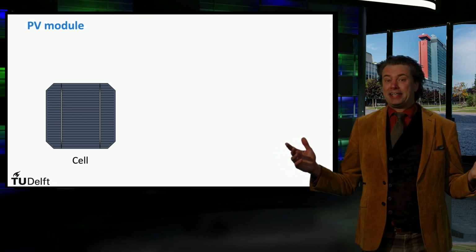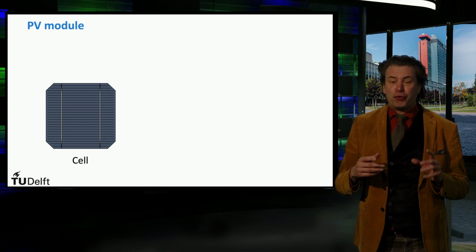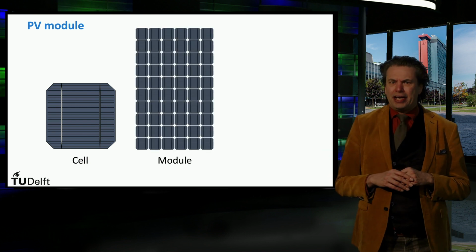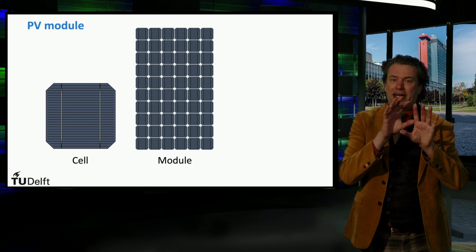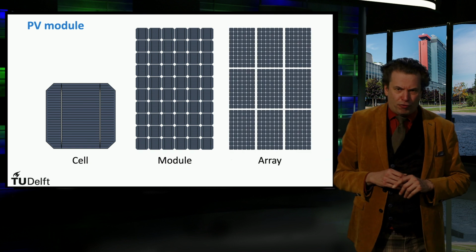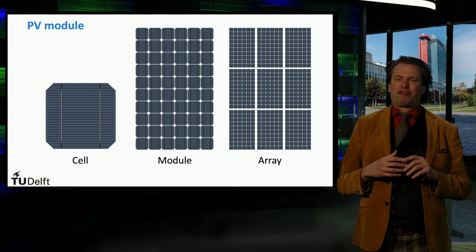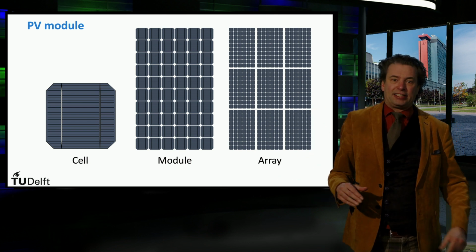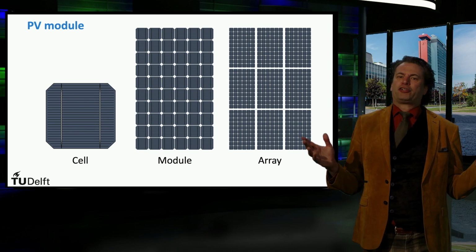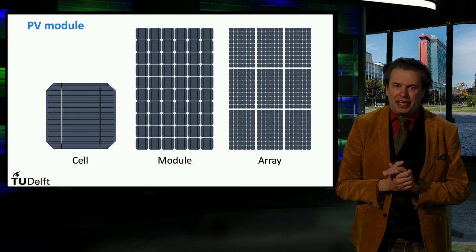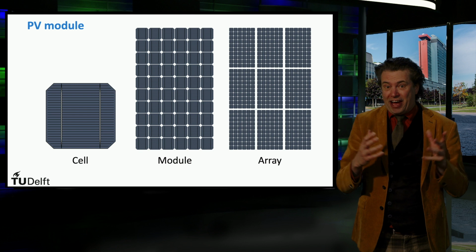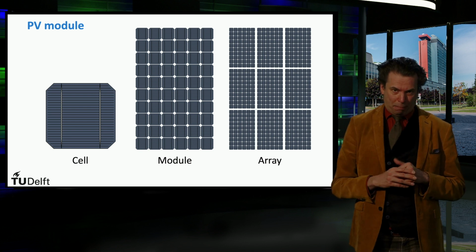A wafer-based device is usually referred to as a solar cell. A solar module is a larger device in which many solar cells are connected. If you look at the level of a photovoltaic system, we can have several modules connected, and this is what we call an array. The dimensions of the solar cells in the industry have been increasing rapidly during the last years due to advancements in the ingot manufacturing.